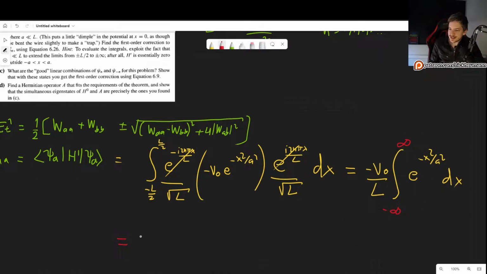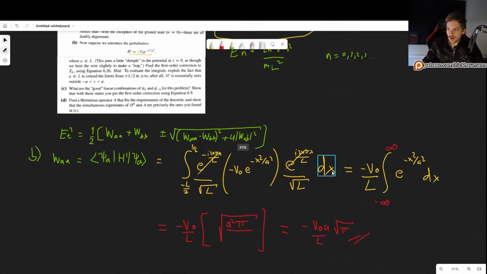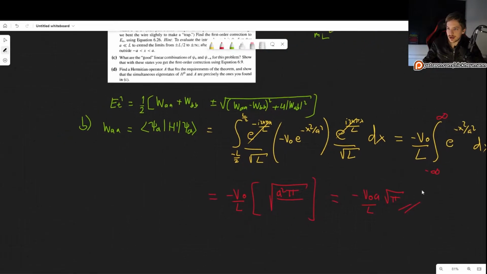Now this integral is a Gaussian integral. We have seen it many times, and again, it is a very, very important integral. So the solution to that integral is the square root of pi divided by what goes along the minus x squared, which in this case is 1 over a squared. So 1 over a squared, or basically it now multiplies by a squared. So this is minus V0 a over L square root of pi. And there we go. That is WAA. Now WBB,